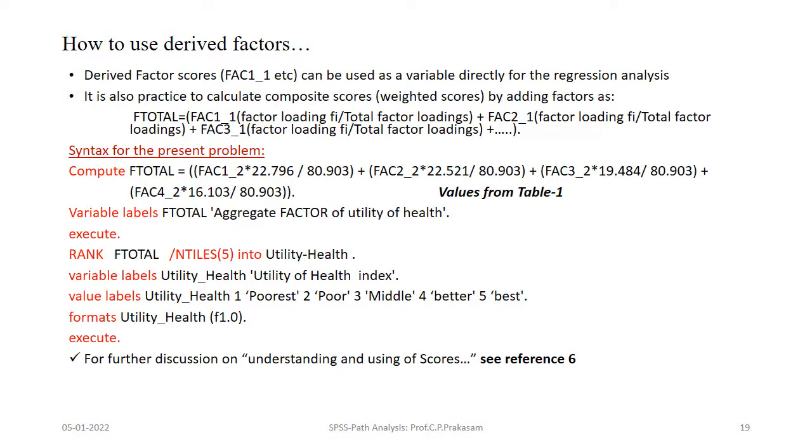Therefore, this will give us all the 4 factors which we have derived, as well as, by clubbing them into a total factor, the total score for each factor, which is ranked and then grouped into 4 or 5 categories. And how to standardize this and how to use these scores, if you want to know further, you can see reference number 6 given at the end of this document.